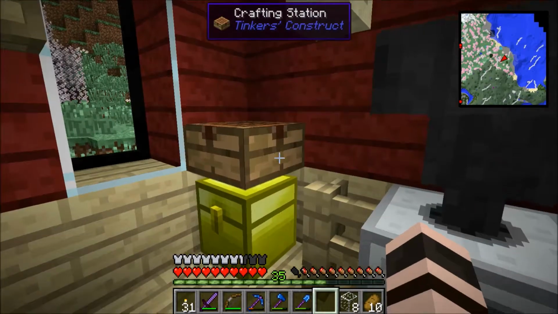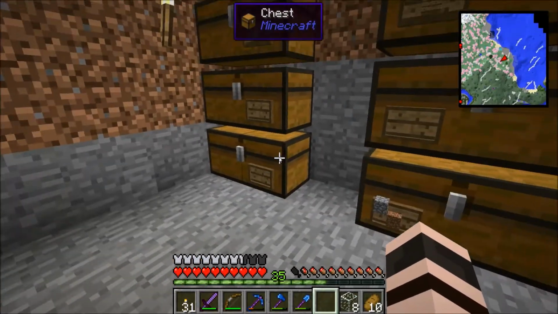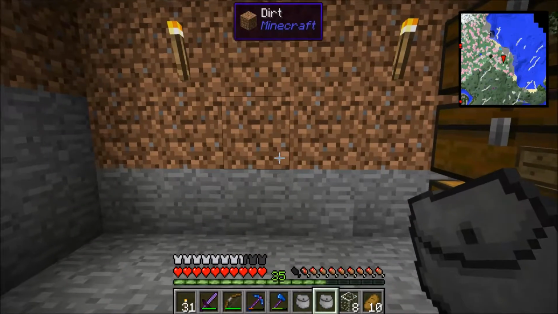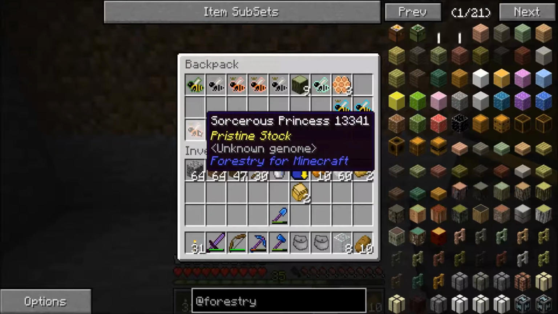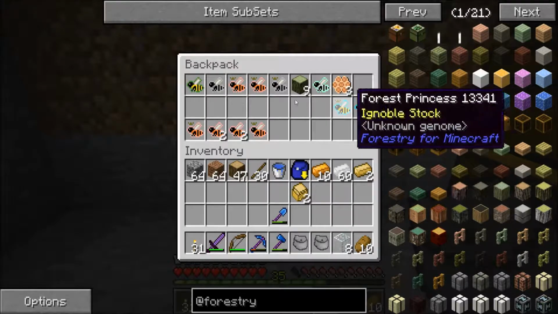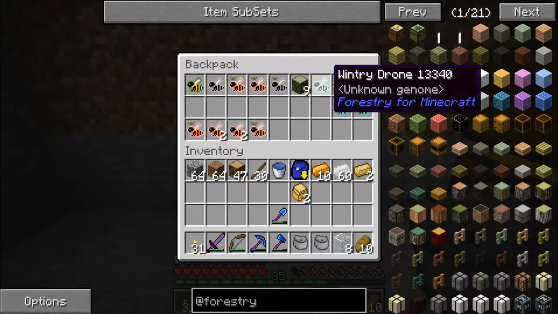I have successfully returned from my mission. Let me actually show you. We have gone on the hunt for bees, and we have been successful. We have found almost all of the naturally occurring regular bees. I don't know about the magic, I have to look those up. But we did find, of course, some magic, the sorcerer's princesses, which were found in the desert. I did come across the desert on the way back. Some forest princesses, I found some rock princesses in a cave, and then of course we have our tropical and